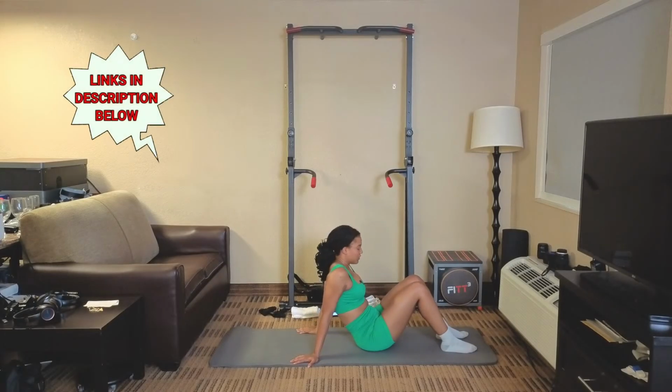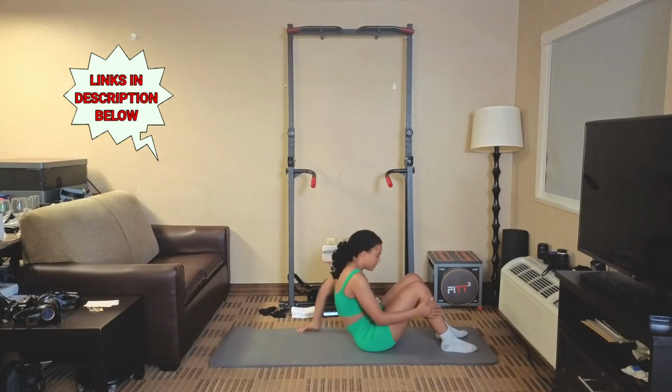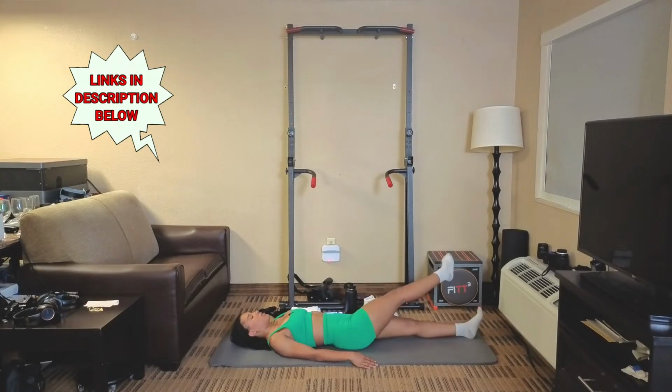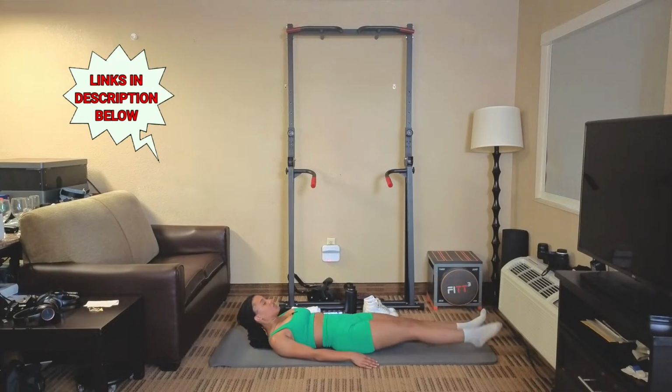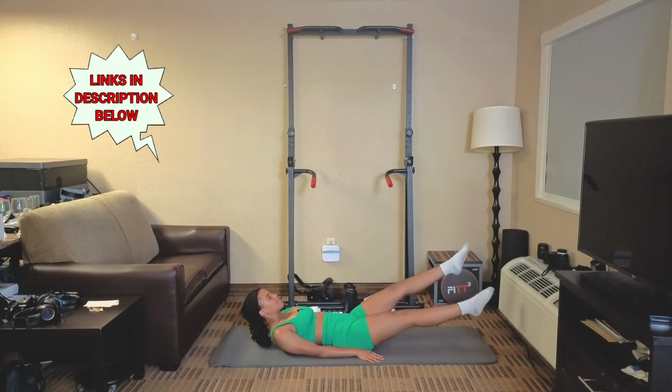All right, y'all, we're gonna do some scissor kicks. Hang in there. All right, if you don't want to keep your heels off the floor for the whole 45 seconds, you can keep your heels down and just cross one leg over just like this. You can stay just like this, crossing over. If you want more of a challenge, lift your heels and we're going to go cross, cross, 1,